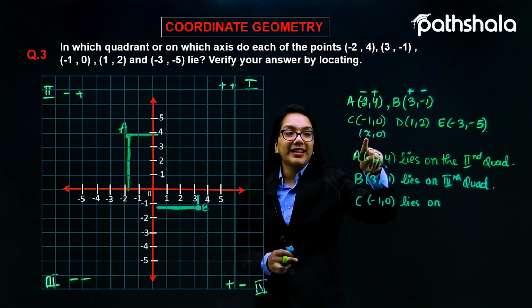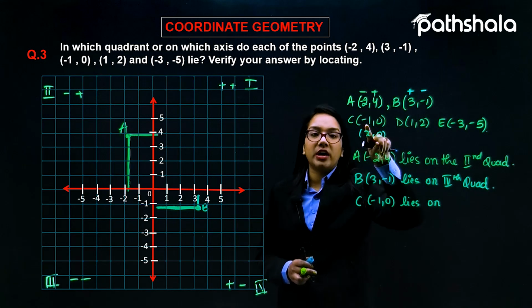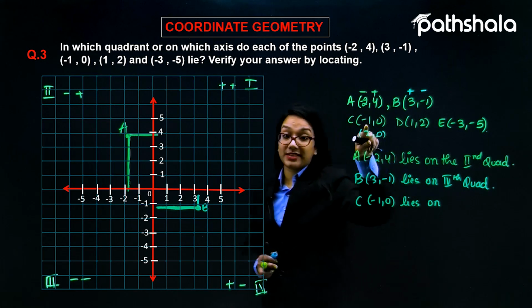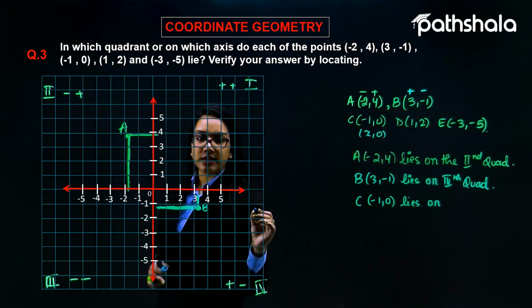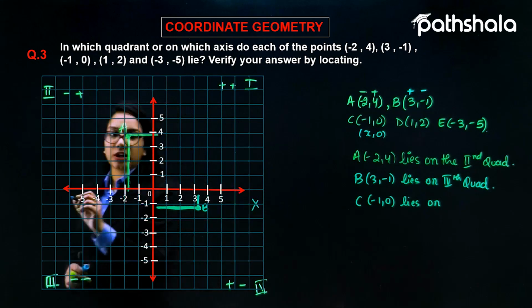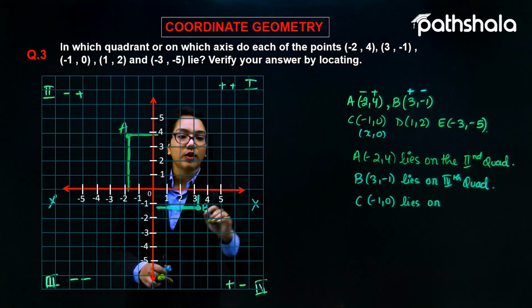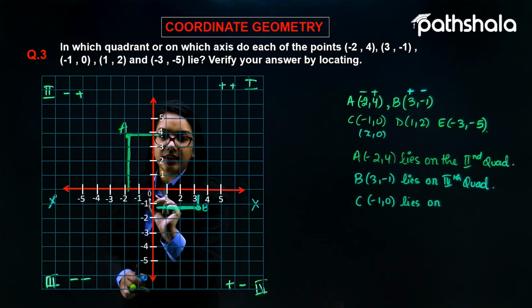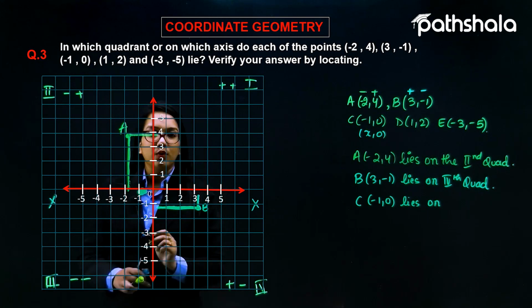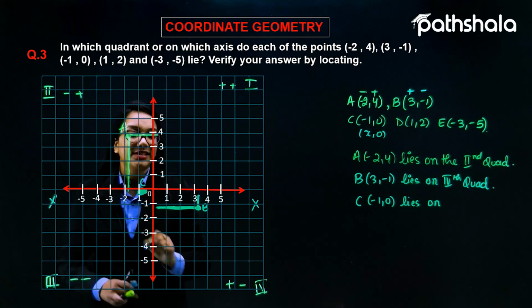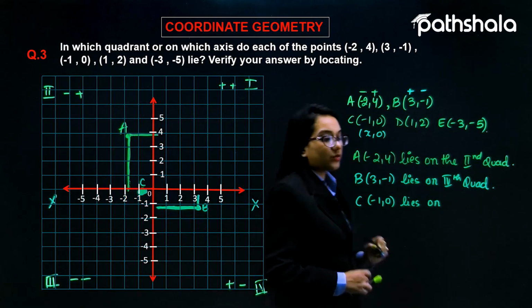So as x is the negative of 1 over here, it is definitely lying on the negative of the x-axis. So we do know that this is nothing but our x, this is nothing but our x dash. So this is our negative x-axis. So the point is -1, 0. It means negative x, that is -1, is over here. So this is nothing but -1, 0, and hence this is the point C. So C (-1, 0)